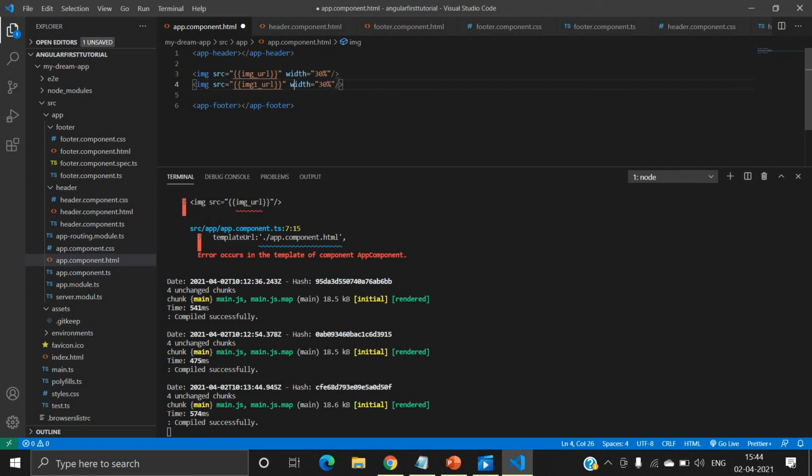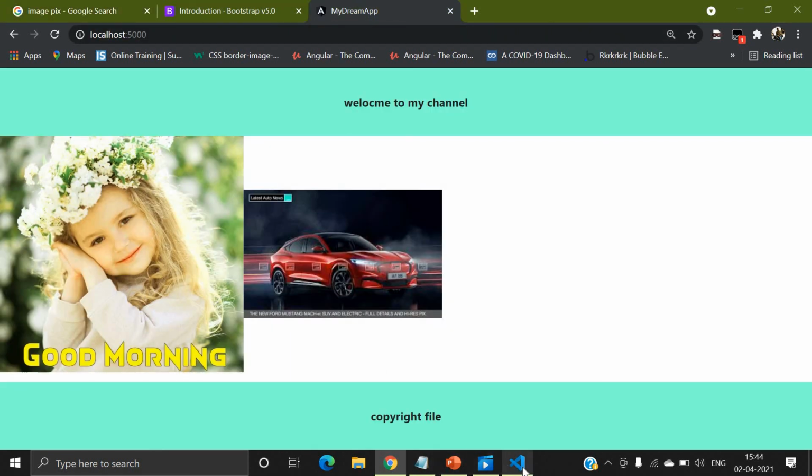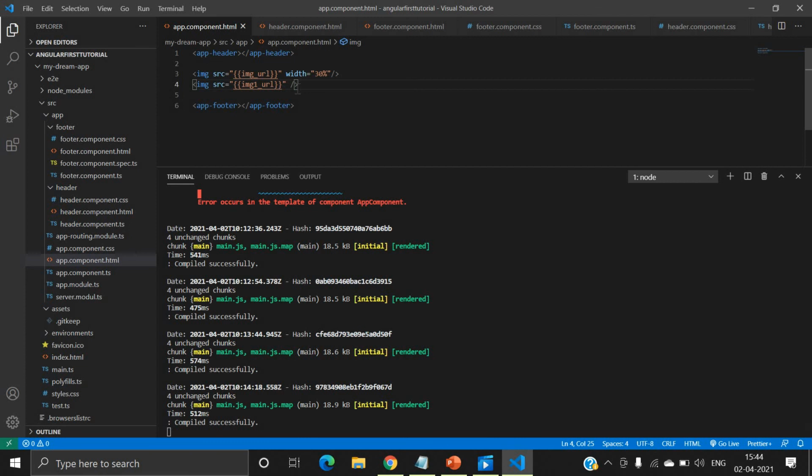And I think I don't need any width. Okay, I need some width, so just right here.